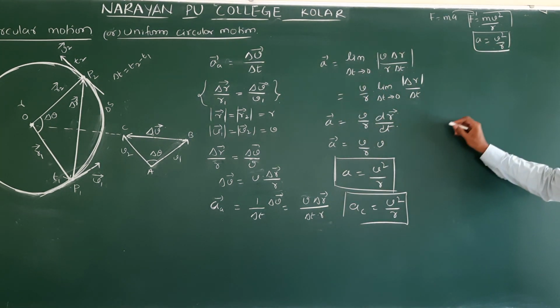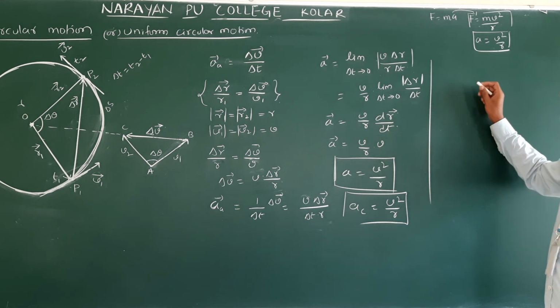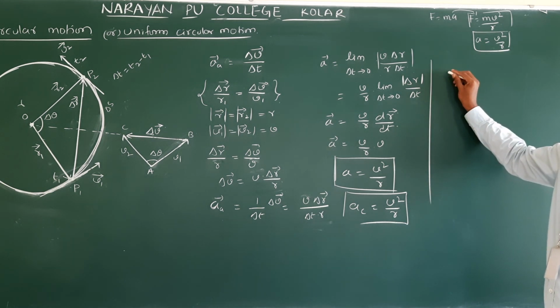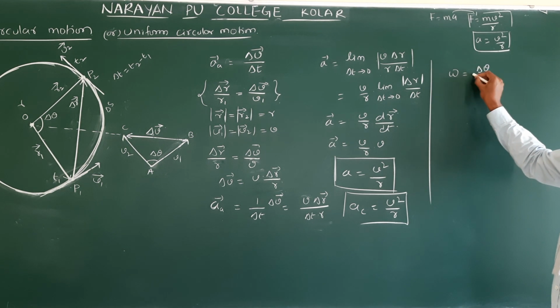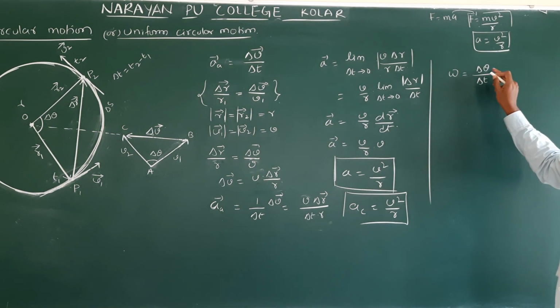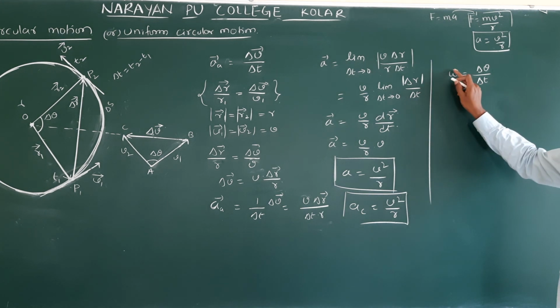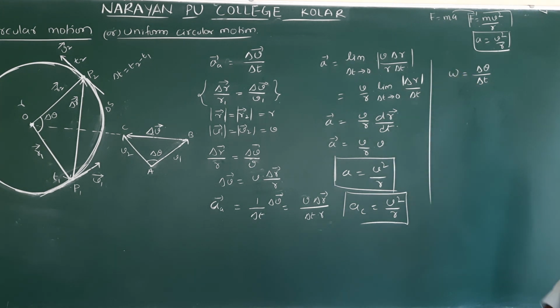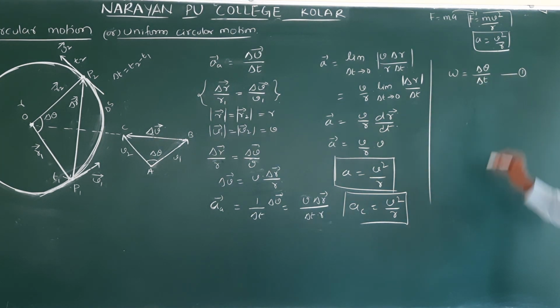Then the change in angular displacement by time we call angular velocity. That is omega. Omega is delta theta by delta t. Clear? This is omega, not w. This is the first point, equation 1. You take it simply. And